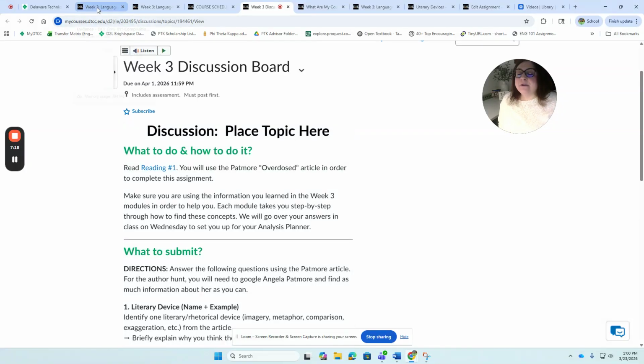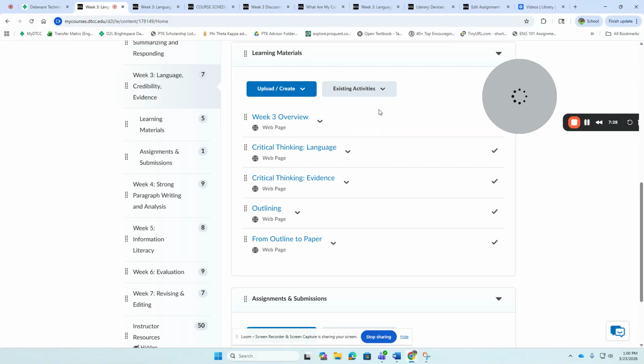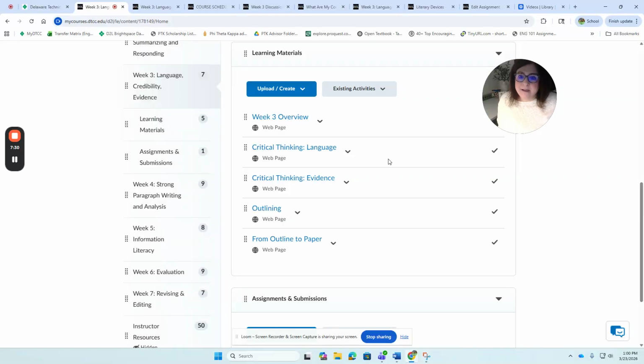First, what we want to do is look at the support information in 11 that is going to kind of supplement our learning. So what do we need to know? All right, in here, what I'm learning is that I have a little bit more information on language and evidence, okay? So that means that if you aren't understanding connotation, denotation, and tone, make sure that you look at this page